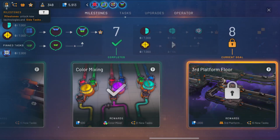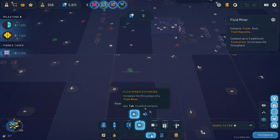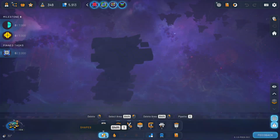So if we go and look at the thing that we need here, we're going to need basically a circle, and we might as well almost take this thing and spin it, right? Because we're going to need that anyway. So if we go back here, let's see, paint mixing. Does it tell me, let's see, fluid depot extensions. Let's see, if I go here,